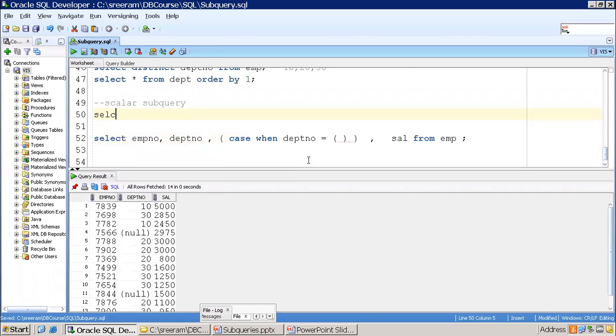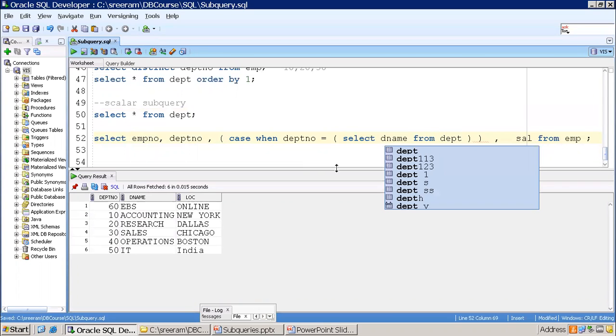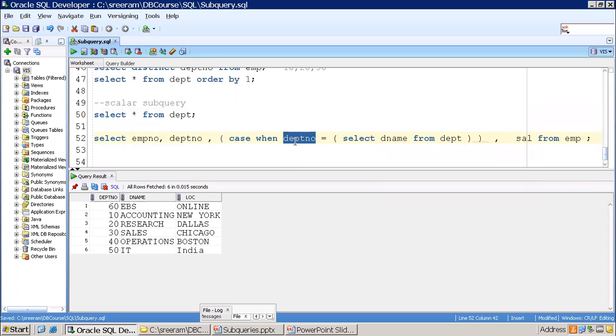So get the information from this one. Select the name from dpt. I'll say whenever